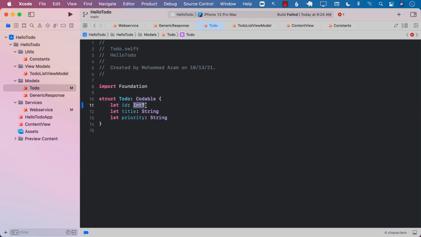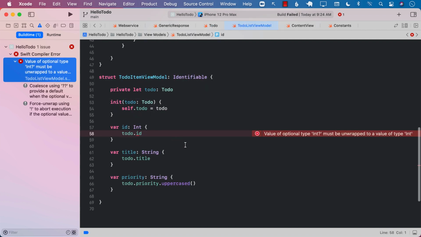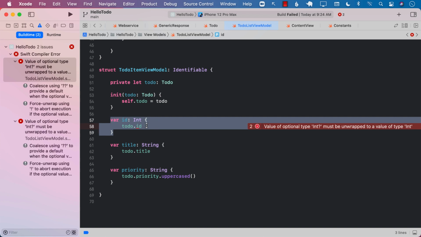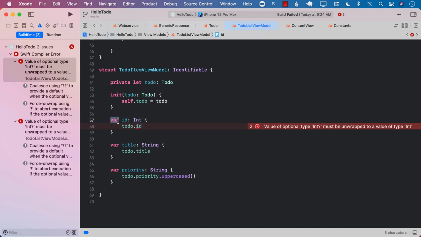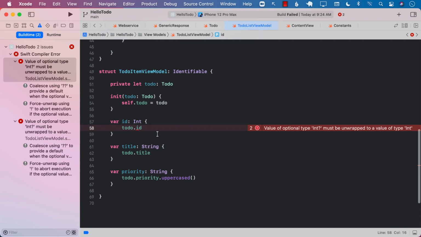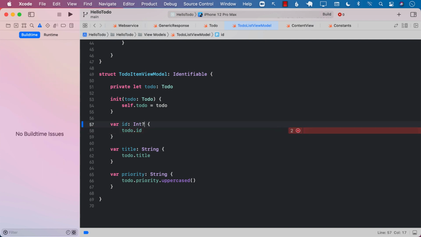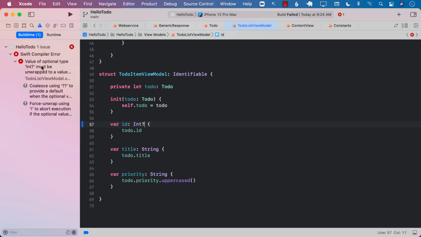Now, as soon as I make this optional, because I don't really have an ID property or any ID because I'm trying to create an item, we will get an error and we will have to resolve this particular error. So you can see over here that now we are in a problem because we don't really have an ID property over here. So this means that now we need to figure out what we are trying to do. I mean, are we trying to return some sort of a different ID, or are we trying to just go ahead and say this is also optional, which is going to perform a chain effect and